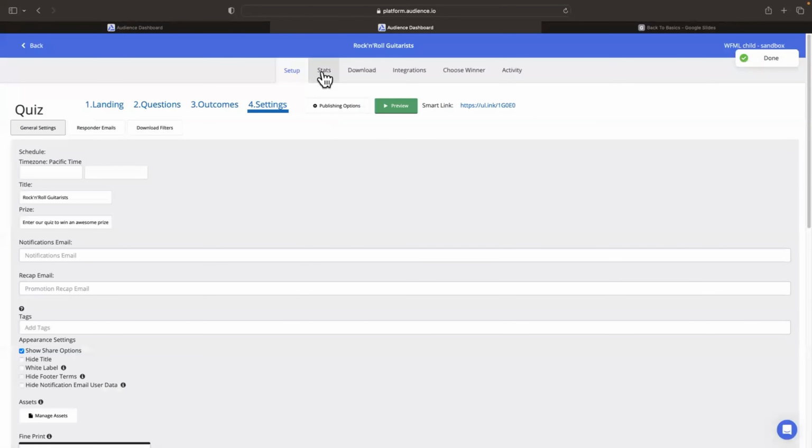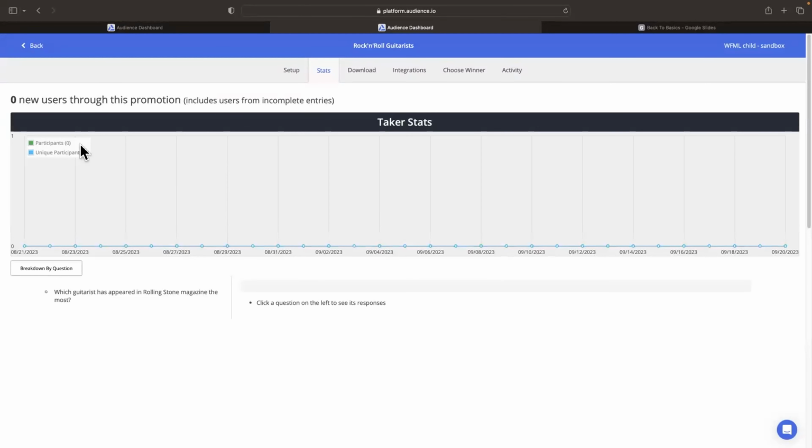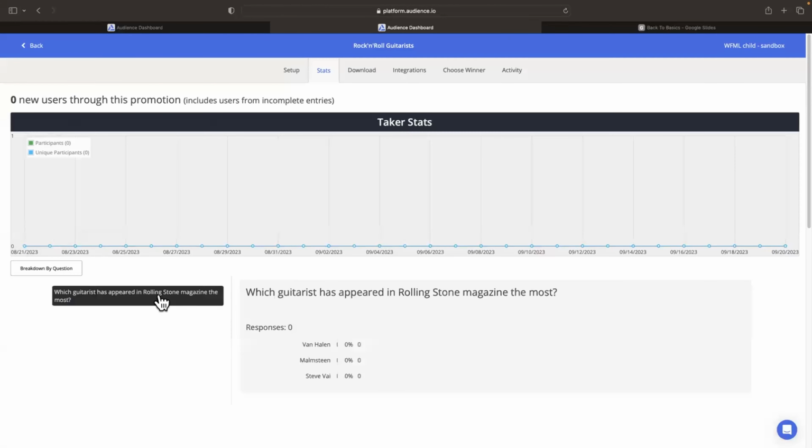So moving on from setup, we do have the stats page. This again will look just like other things. You'll see the number of participants, the unique participants, and this graph will fill out as your quiz moves on through time. This updates every night, so just keep that in mind. And then you'll have a breakdown of the questions here at the bottom, how they're responding, and so you'll be able to gauge that here as well. And if you have more questions, they will lay out right here, just one after the other, with this type of measurement on the right.